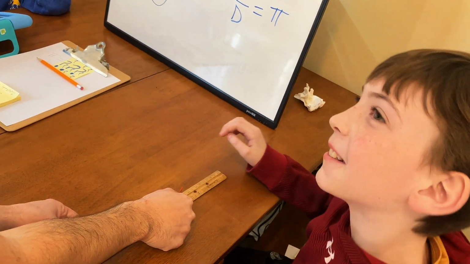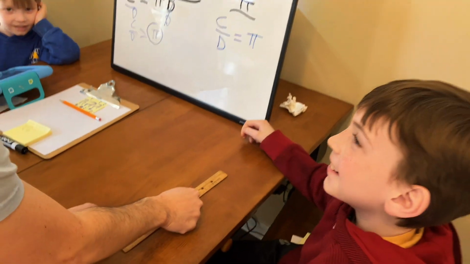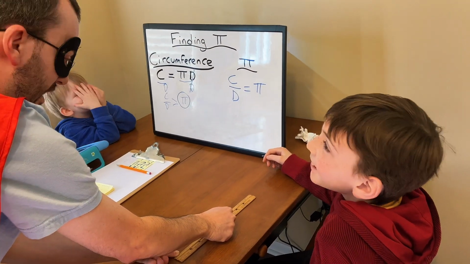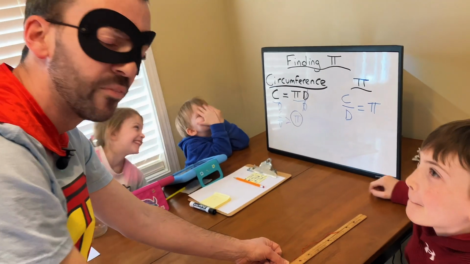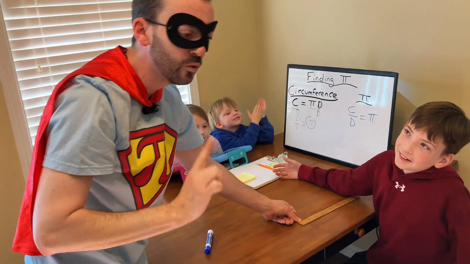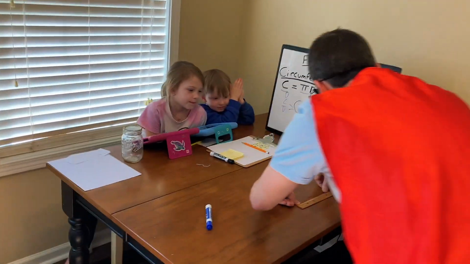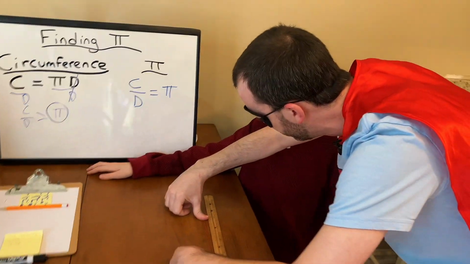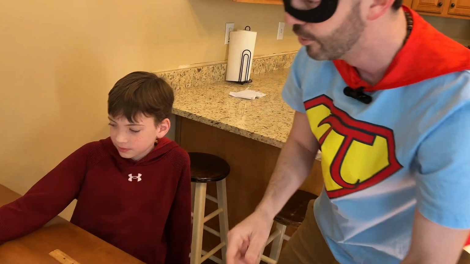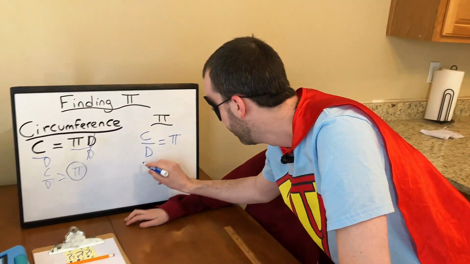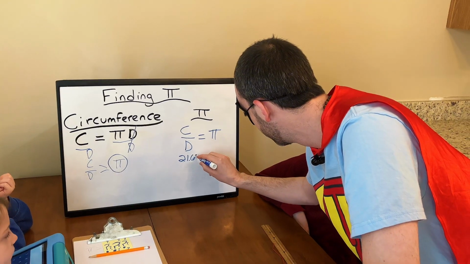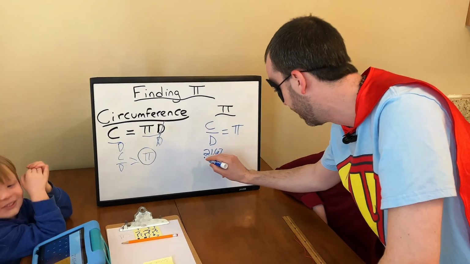21.67 centimeters. Whoa! Did you just say 21.67, mathematician Oliver? Yeah. My mathematician Oliver is known to be very precise. He doesn't like to go to one decimal place. Let me just double check this. I would agree, it's right there between 6 and 7. So what we're going to do is use 21.67.